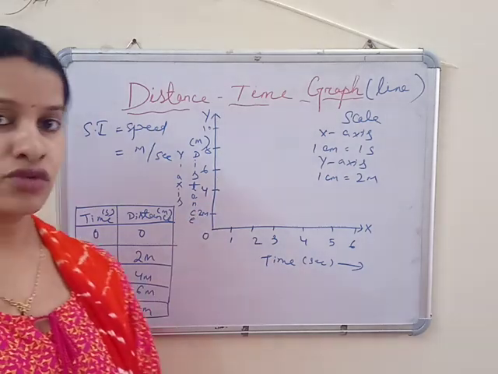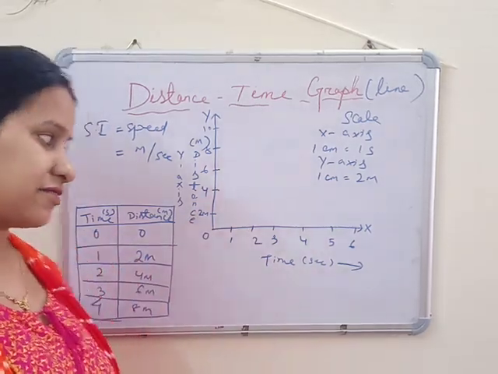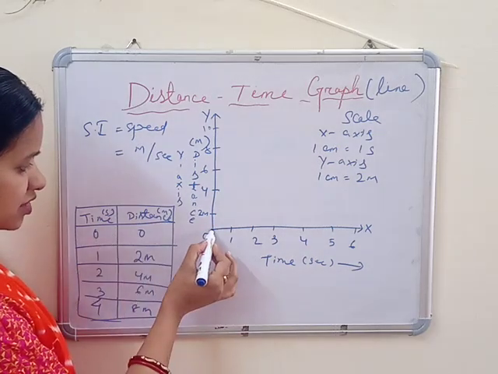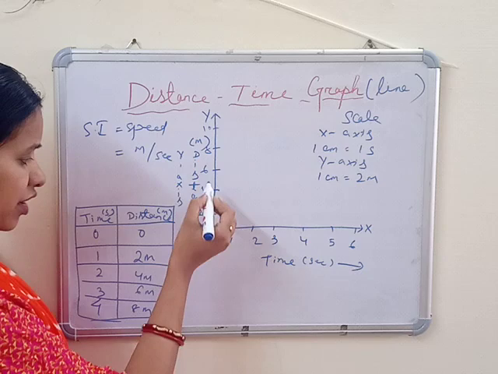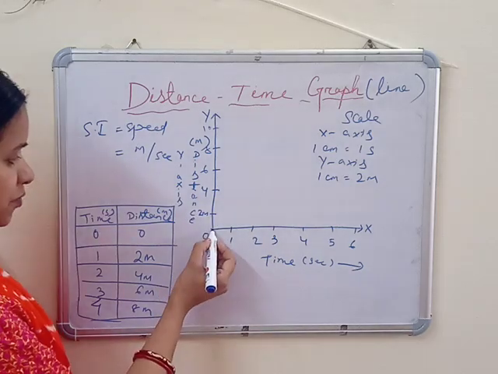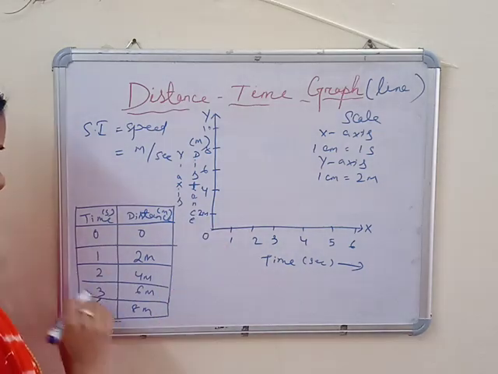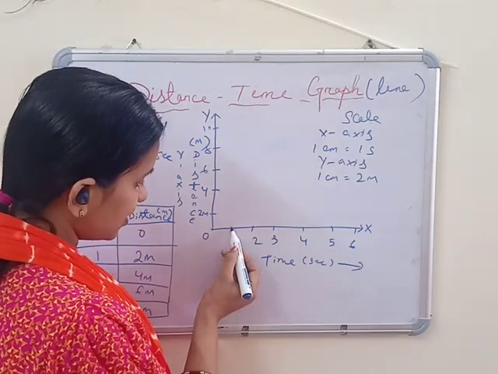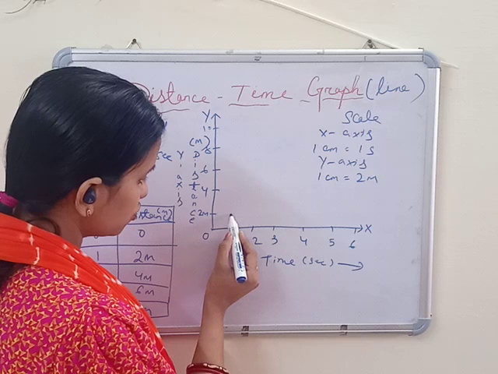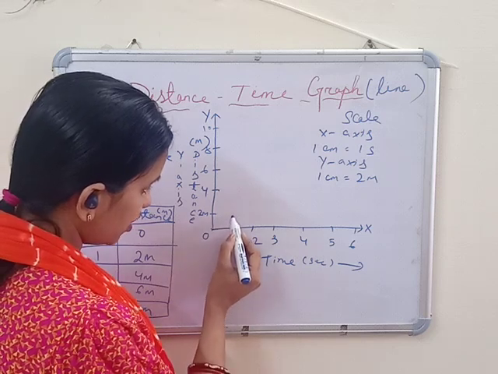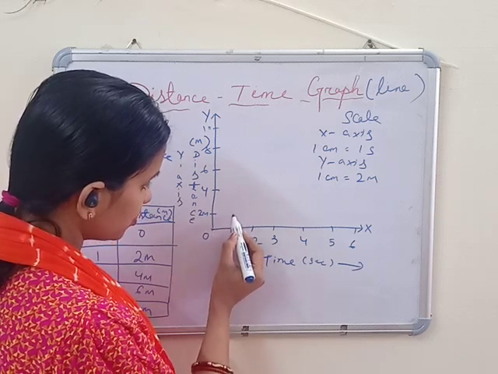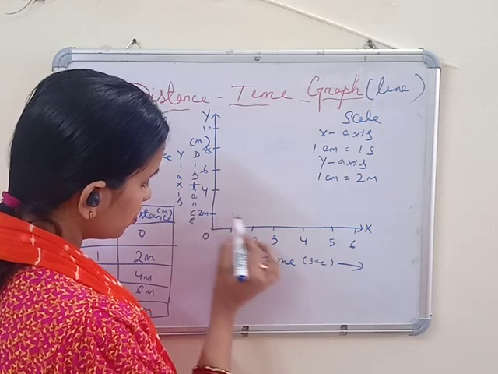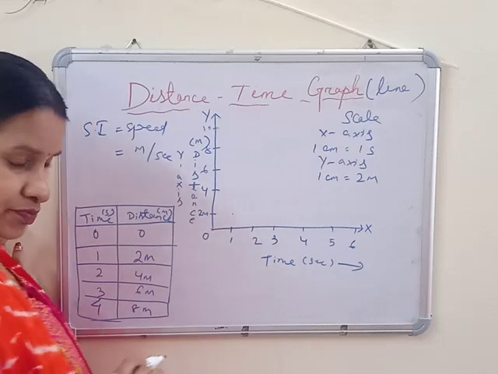Now we are going to draw the line graph. How? 0 second में 0, so 0 second for this x-axis and 0 meter for y. Same. So the starting point is 0. Next, for 1 second 2 meter. For one time is 1 second, what is the distance? 2. So in the straight of 1 you make a point that should be perpendicular to the 2 and 1.